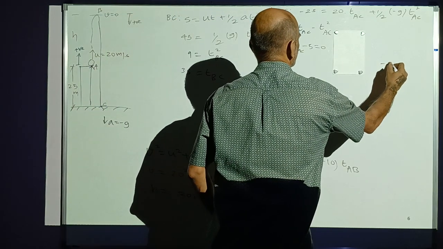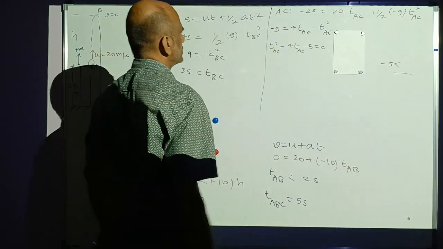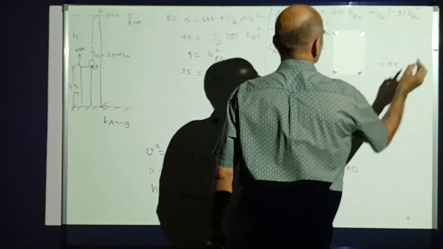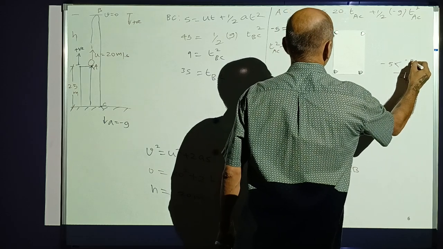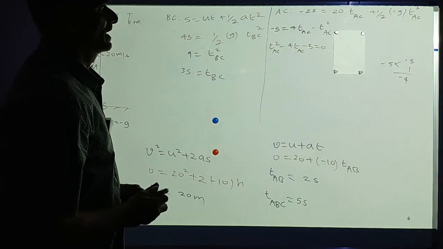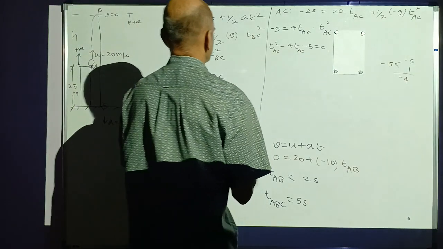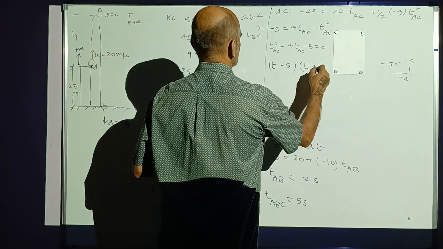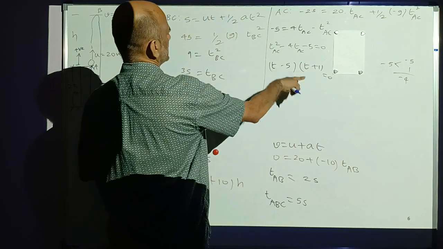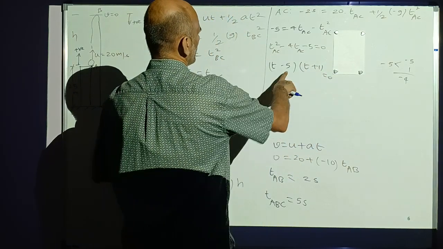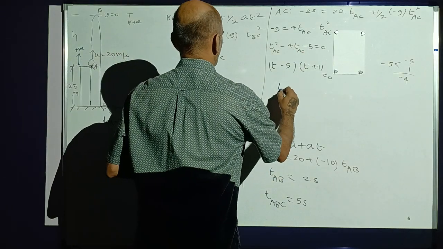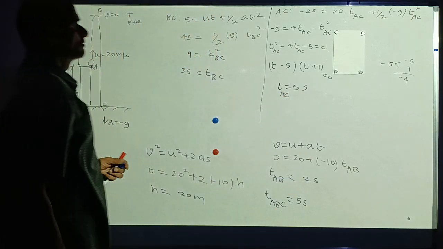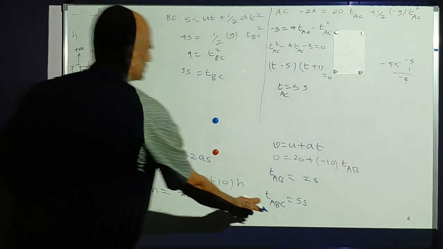So this thing, minus 5, when split into factors should give me minus 4 when added, and multiplied should give minus 5. So minus 5 and 1. So the factors are minus 5 and 1. So this can be factorized as t minus 5, where t is the total time, times t plus 1 equal to 0. We can check: t square, and then this will be minus 4t and this will be minus 5. So time is 5 seconds. This is the total time to go from A to C, which is the same as the one we got